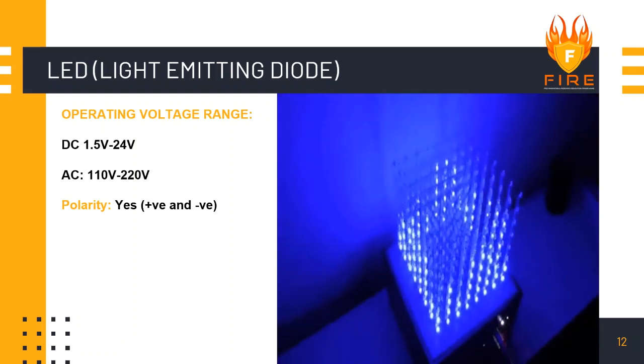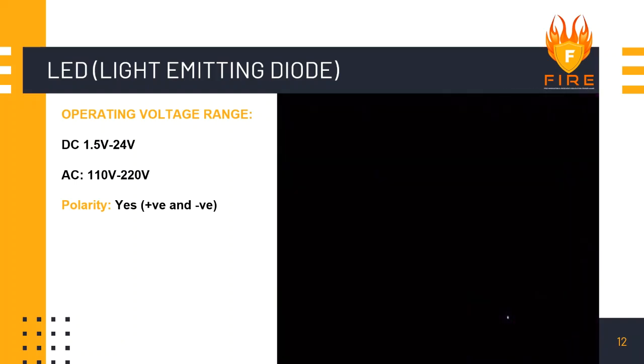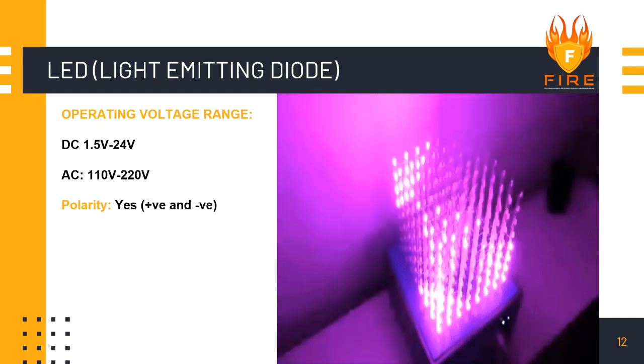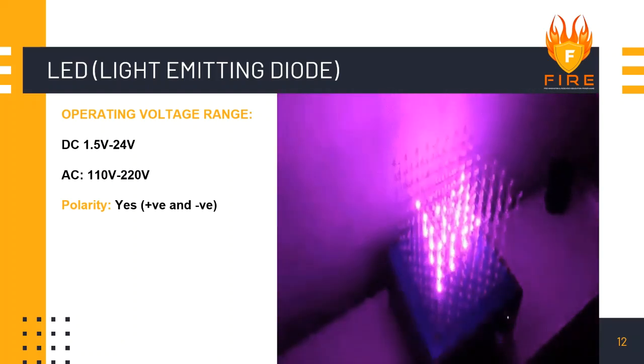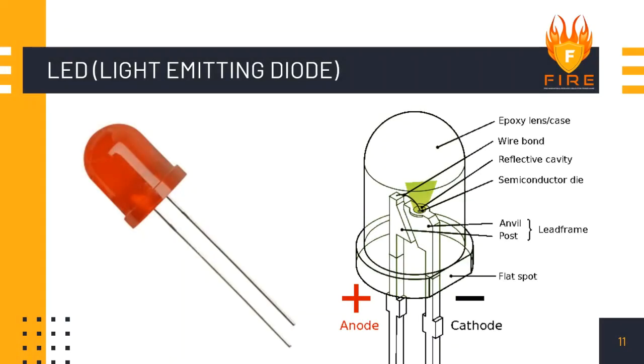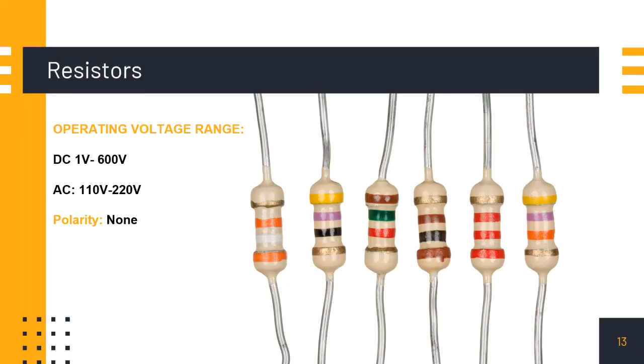Poles जिन्हें बोलते हैं, जिनके अंदर दो poles होते हैं, just like in magnets, north and south pole. वैसे components में, electronics components में positive and negative legs होते हैं. किसी किसी में होते हैं, किसी किसी में नहीं होते हैं, right? So LED have two, one is positive and one is negative. If you see it again, you will know positive one is for anode and negative in technical term is called cathode. Simple.